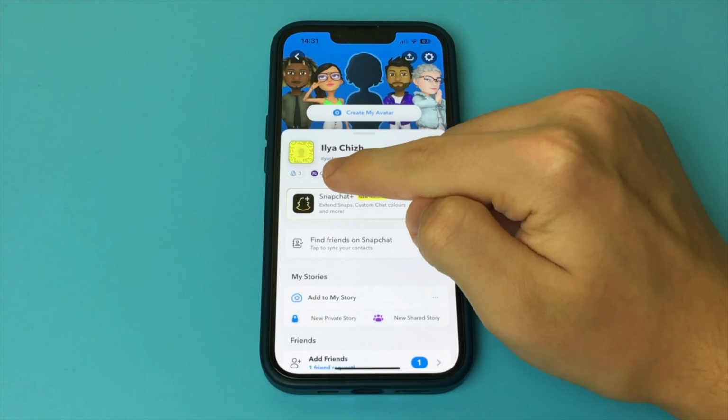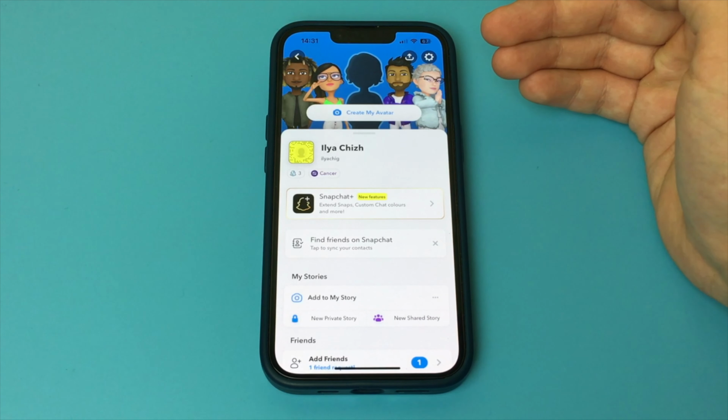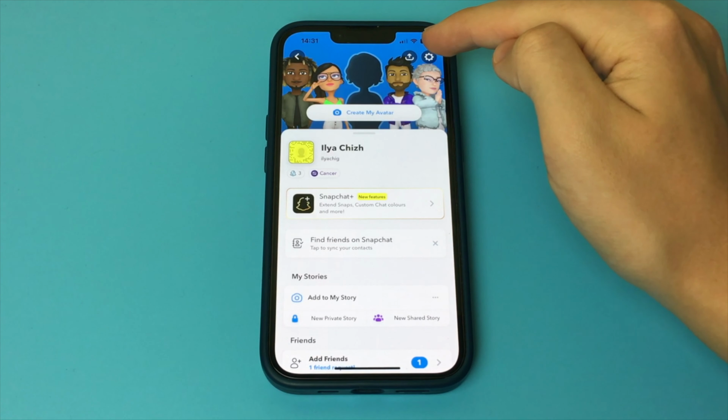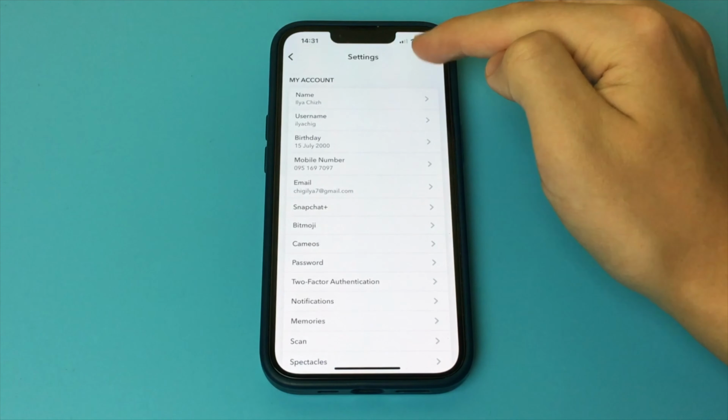You enter the application, then click Profile. Here you have a first and last name, and at the bottom, username. That is the name by which you are found in search or in some other way. In order to change it, you click the icon in the upper right corner.